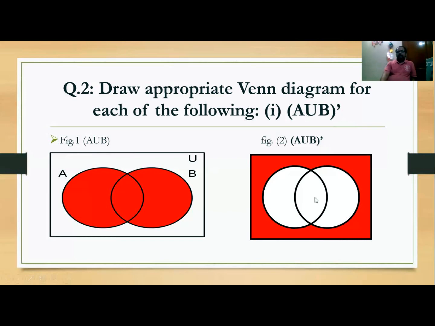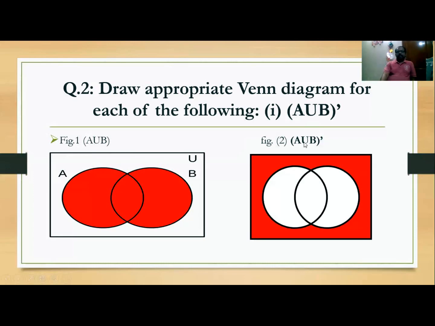Is it clear for everyone? I hope everyone got it clear. Okay, so whatever you are asked, we just shade that part. To get the complement of A union B directly, it will be difficult to get a Venn diagram directly from this. Firstly, try to find it step by step: draw A union B first, and then find the Venn diagram for the complement of A union B, just by using the definition of the complement, right? So that is the Venn diagram for the first one.